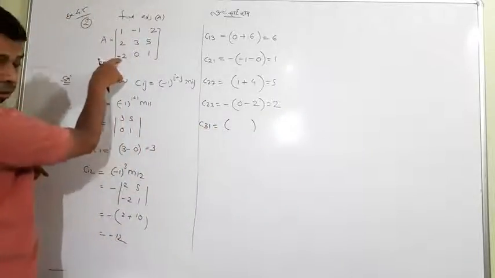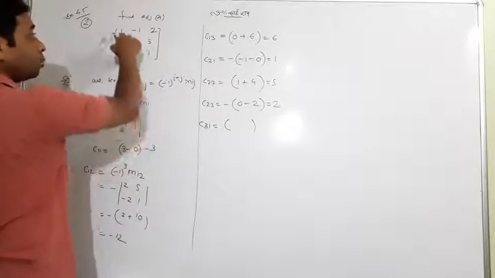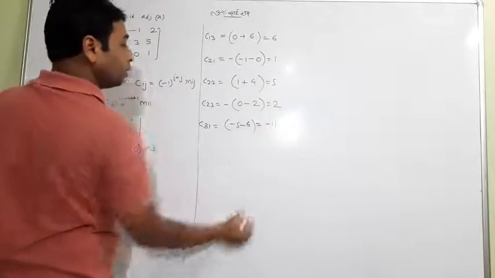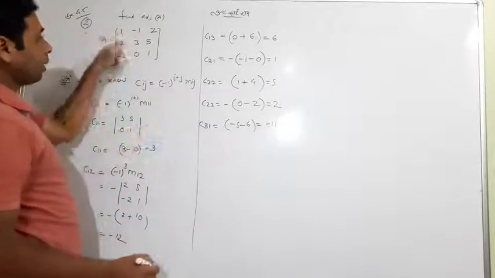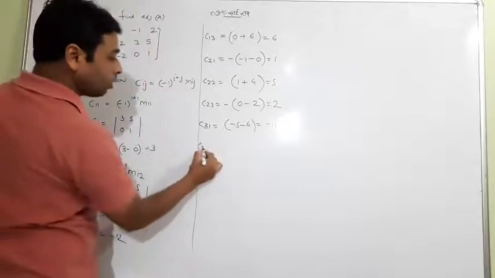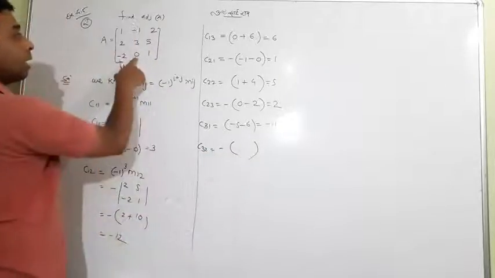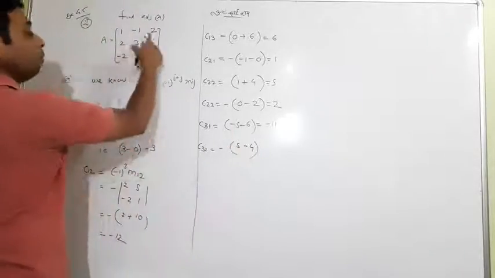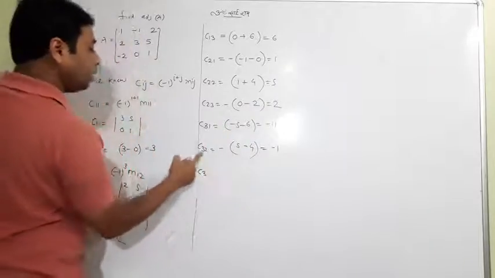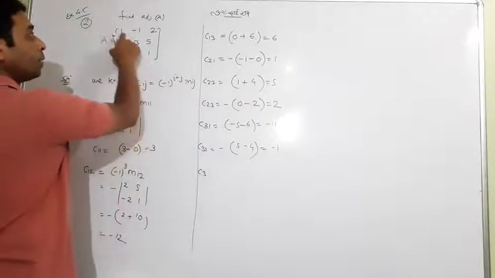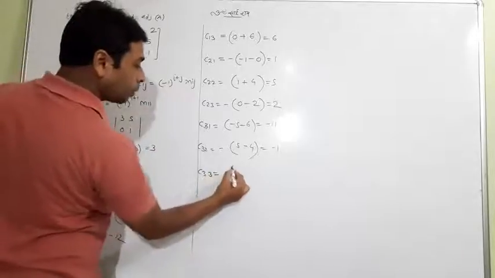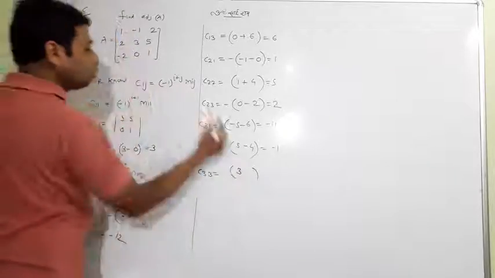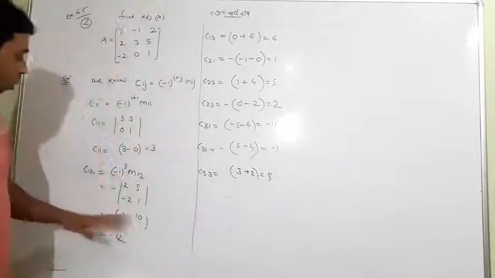C31 will be positive sign. The minus of that is used here. These two will be dropped. 5 ones are 5, minus 3 twos are 6. Again look, C31, 3 and 1, 5 ones are 5, 3 twos are 6. C32 will be negative sign, and minus of that is these two drop. 5 ones are 5, minus 2 twos are 4 is equal to minus 1. And lastly, C33 is a positive sign. Minus of that is these two drop. 3 ones are 3 and 2 ones are 2, plus 2. So students, this is all the cofactors.